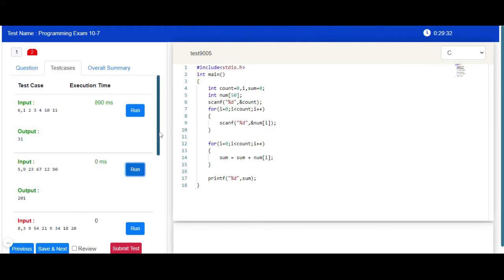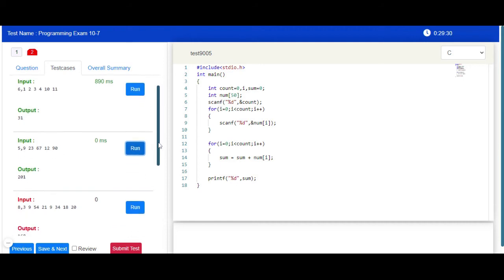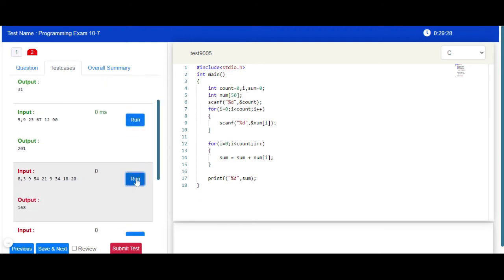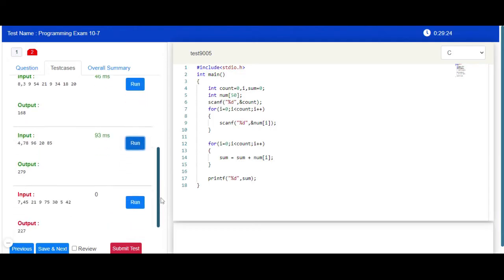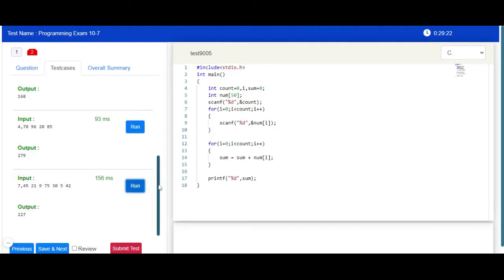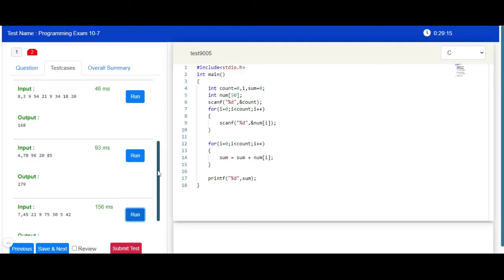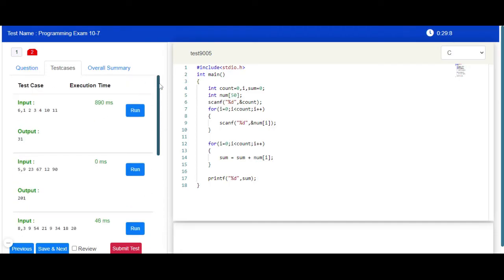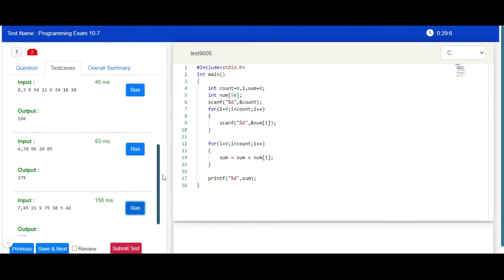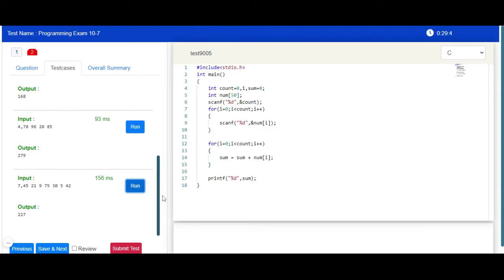Similarly, there are various test cases which will be provided to you. You need to execute all those test cases one by one, and marks will be allocated to you based on execution of those test cases. In certain cases, 4 test cases might be provided. In some cases, 5 test cases might be there. So while compiling the program and executing those test cases, you need to ensure that you are running all such test cases, and based on that, you will get the expected output.